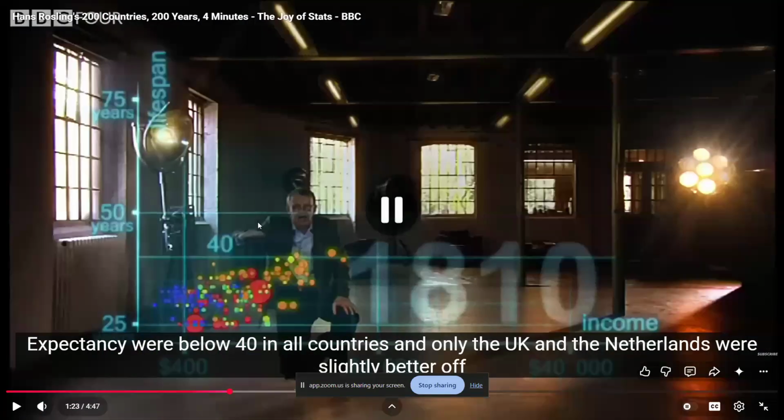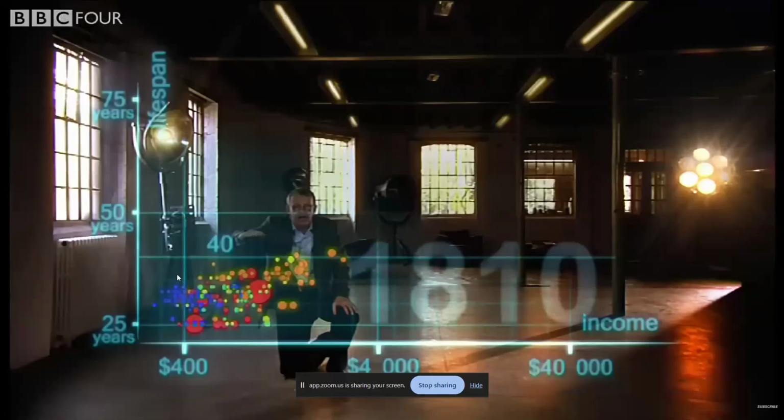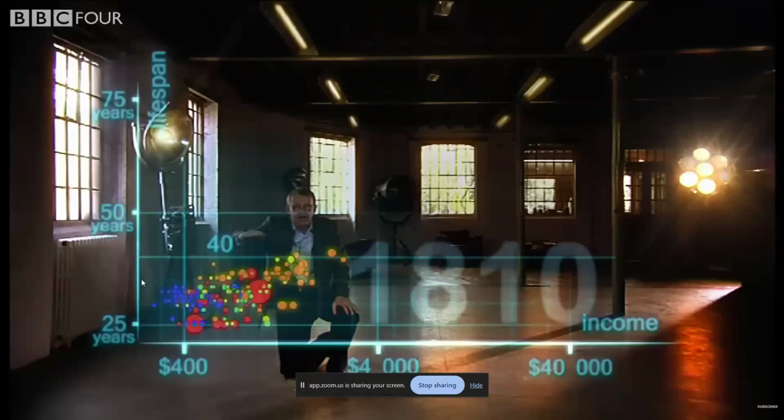It's very unfortunate that I can't play the video, but it's very interesting. And you can see here that he's using a chart, this is what we call, sorry, the graph. And this graph, as you can see here with the dots, represents a specific measurement, that is lifespan, I guess, income. It's very unfortunate that we can't get the video.